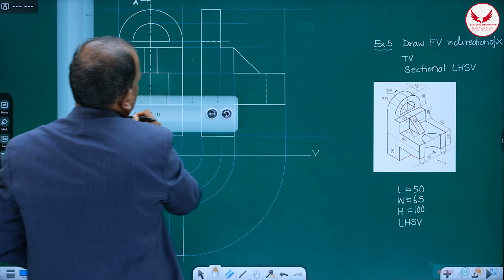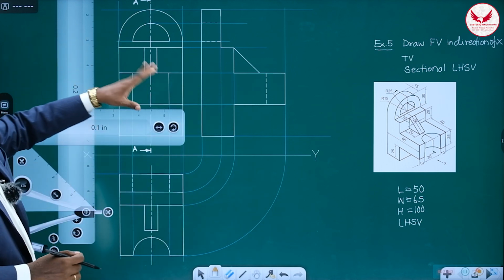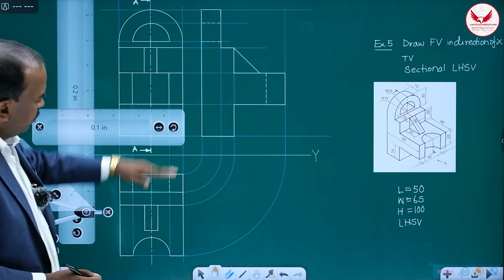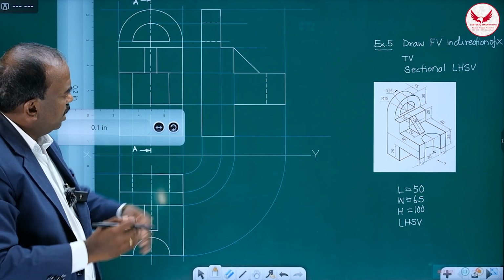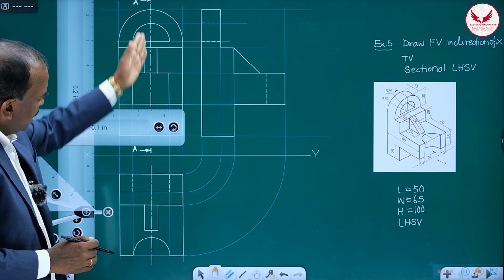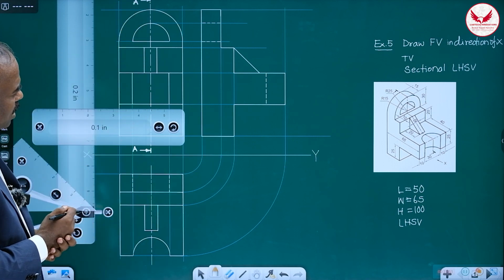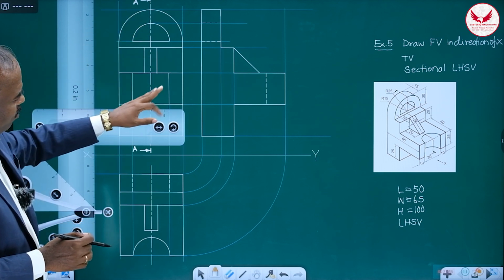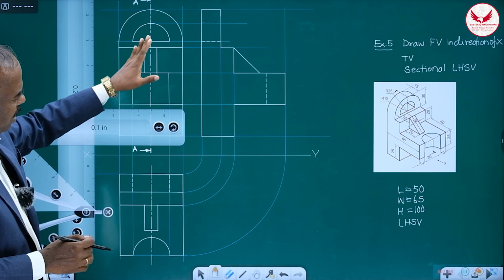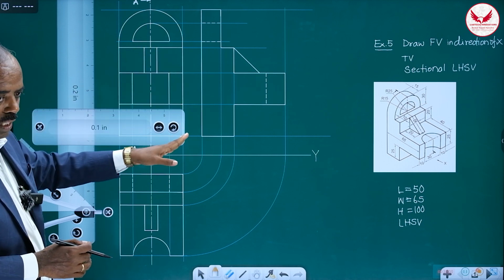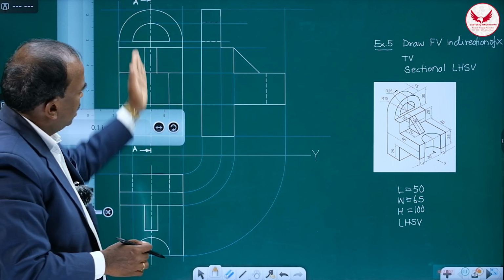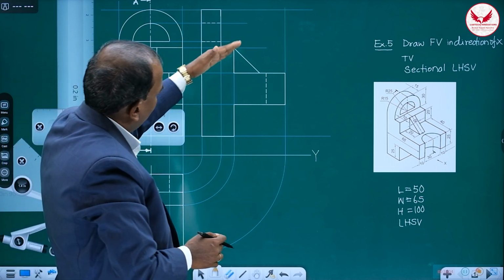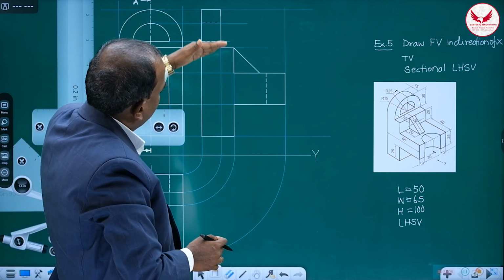So it was like this. So it was not visible. So if you see it, that was a hidden part, that was also a hidden part. But when we take the section like this, one more thing I'll tell: from the section line itself, we can decide which portion is being cut, and that you can make dark. And after cutting this portion, whatever the visible part is there, and the new cut shiny surface is there, we